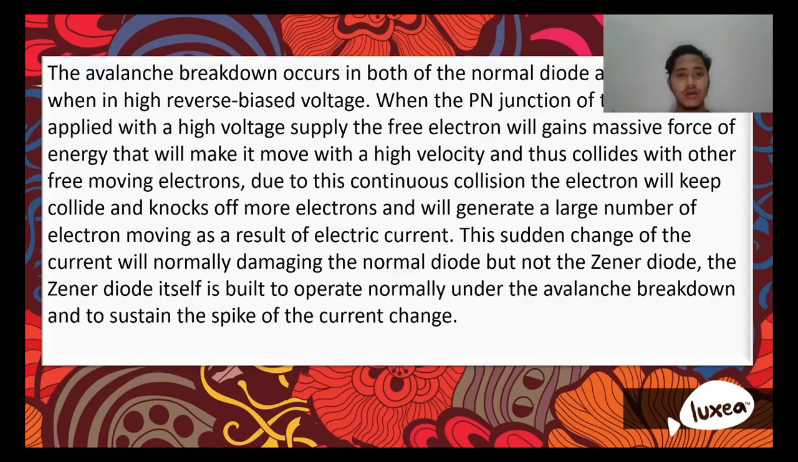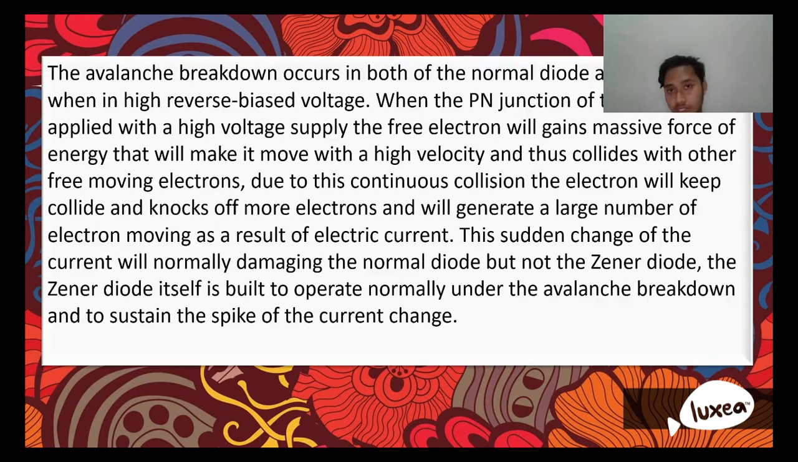Next, avalanche breakdown occurs in both the normal diode and the Zener diode when in high reverse bias voltage. When the PN junction of the diode is applied with a high voltage supply, the free electrons will gain massive energy that will make them move with high velocity and collide with other free moving electrons. Due to this continuous collision, the electrons will keep colliding and knocking off other electrons, and will generate a large number of moving electrons as a result of electric current. This sudden change of the current will normally damage the normal diode, but not the Zener diode,